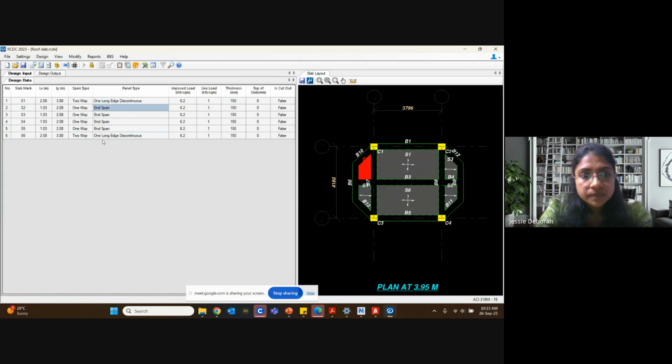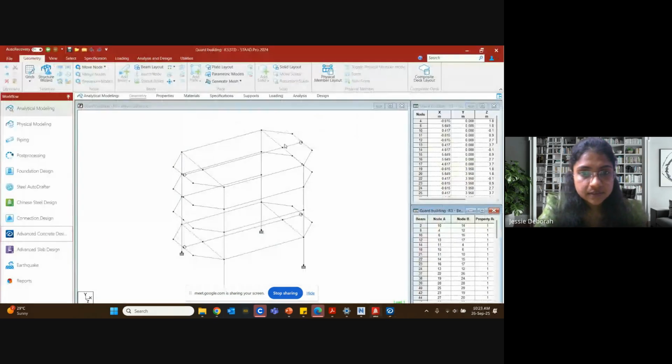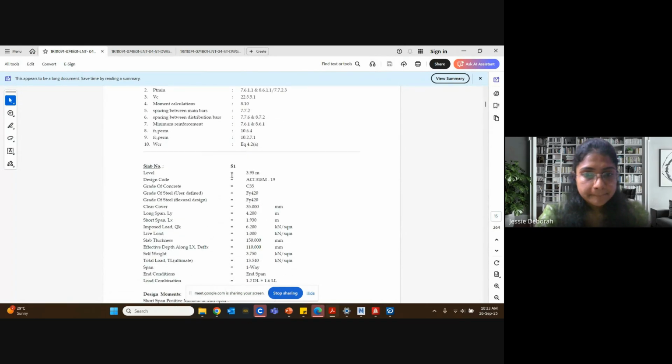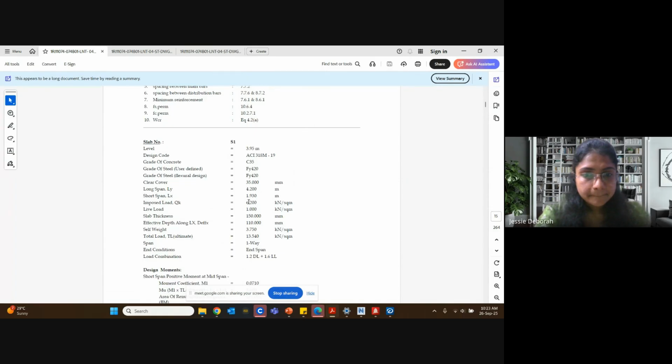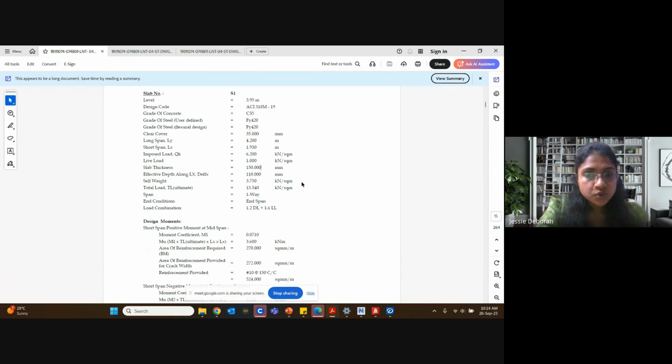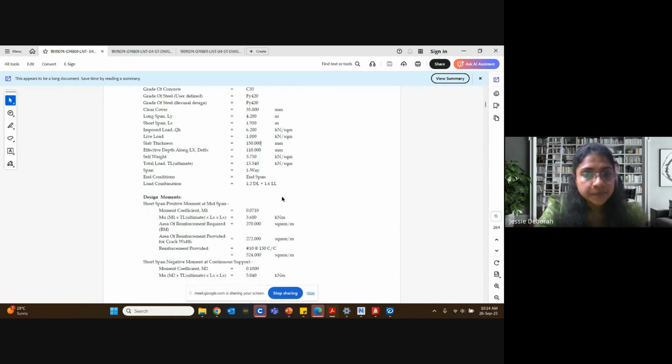Okay, so yes, so adla irukra loads எல்லாம் we will give as input. Long span, imposed load, and then live load. The slab thickness of the slab one, first we will assume it to be 150 because this is slab number one, we don't have to go in for a thicker slab. Okay, and then effective depth after removing your cover, then we have the self weight and total weight. So இது வந்து one way slab we are considering.